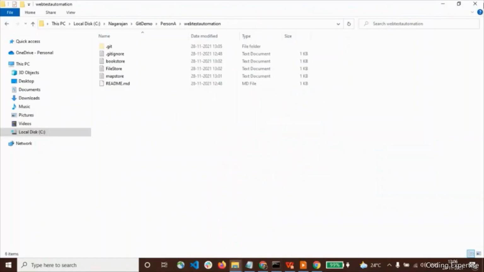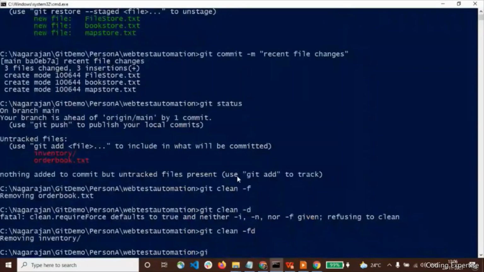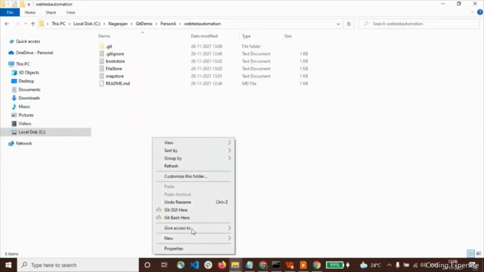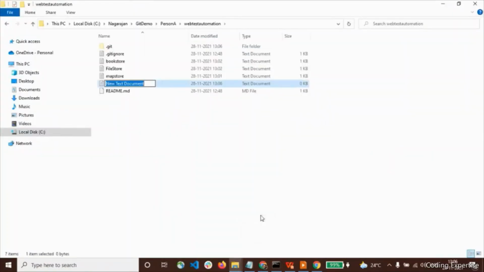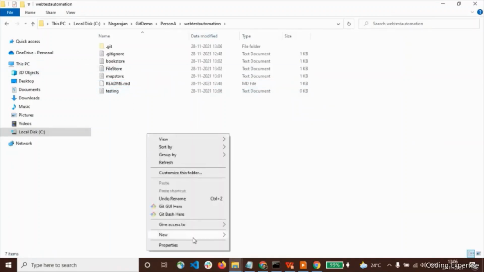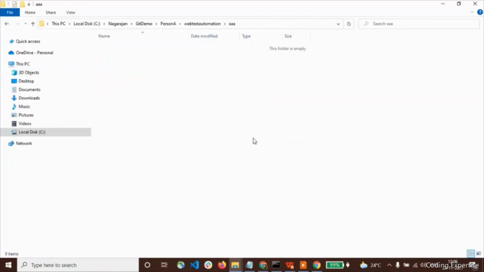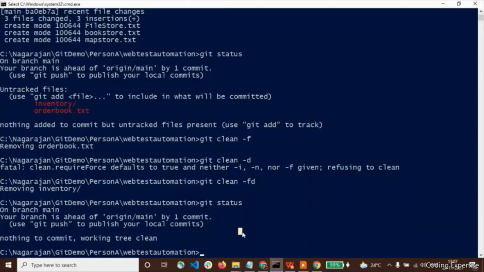Okay, I'll do one thing. Okay, let's put the git status now. Your branch is clean. Okay, let me add one more file to it. Pasting something like this. One more file, one more directory. Some dummy content here. Okay, now let's do that. Let's learn one more command. Git clean -nfd. So it lists the untracked files that need to be removed.